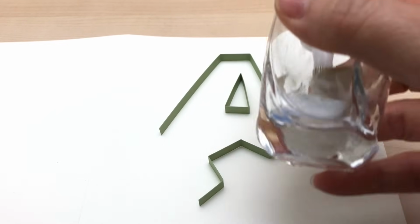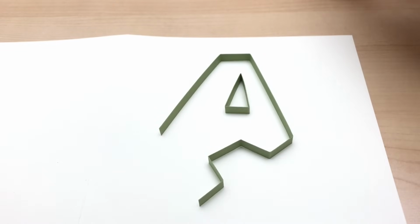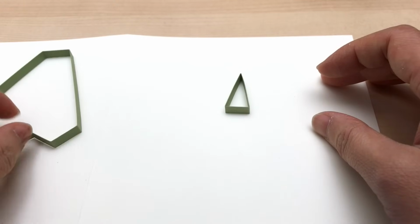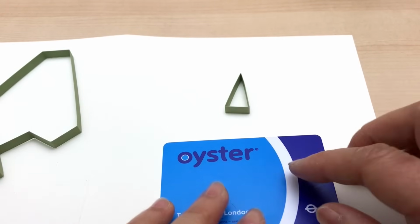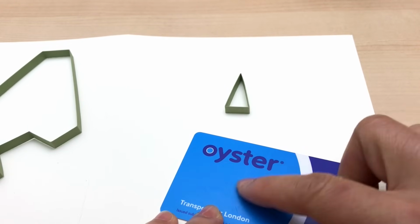I like to put it in a fine tip glue bottle in a shot glass that has a wet tissue paper down there, so it doesn't dry up the nozzle. So I'm going to put the outside strip aside, and I've got a lovely Oyster card from my trip to the UK. I'm going to be showing this because this way you can see how much glue I'm putting down against this blue